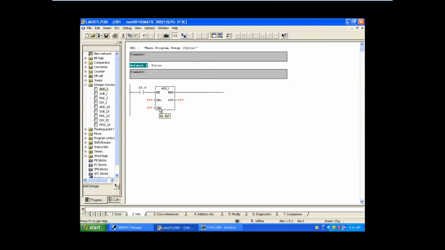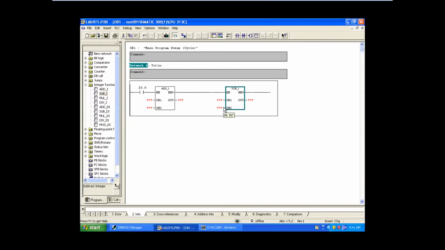That means we are going to do the addition of these two parameters. Whatever arithmetic function you want to do, you need to give to IN1 and IN2. IN1 and IN2 are common for all. Can you see here, if I take a subtraction block, IN1 and IN2 are there too, because we need to do the subtraction between these two integers.